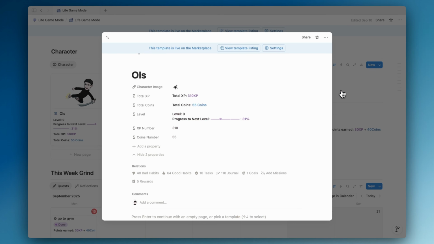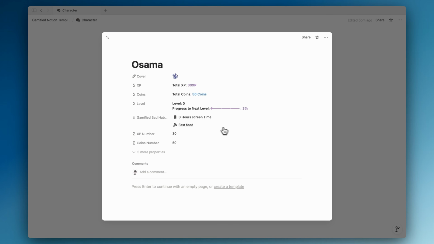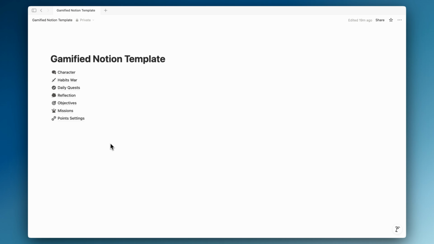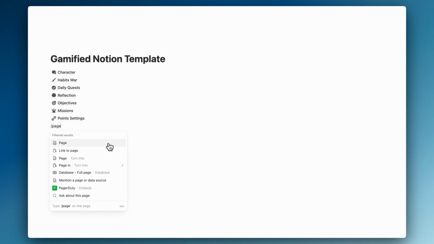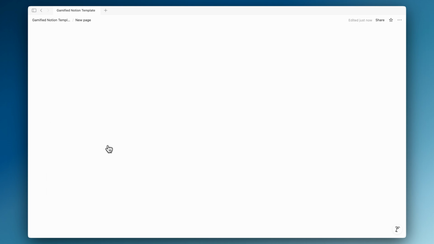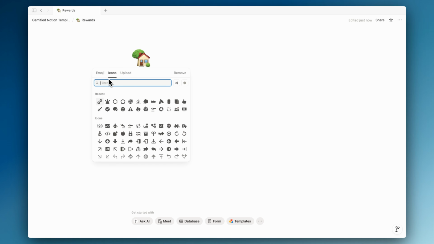So that's our progress level here. Now our character is complete, and actually 90% of this template is done. Finally, we need our rewards. So let's create a new page, name it rewards. Let's add a gift icon, for example,